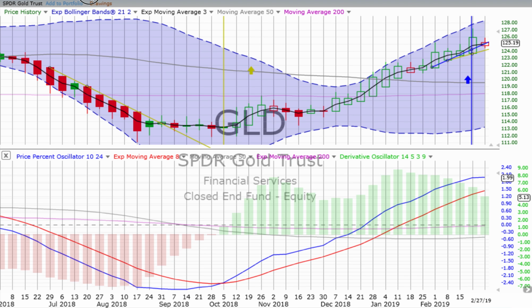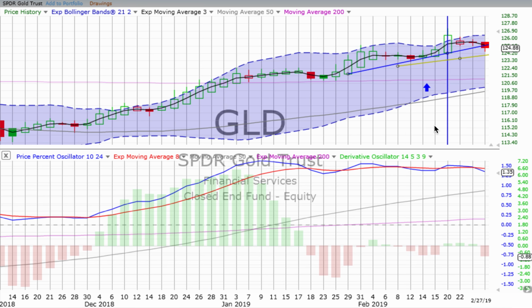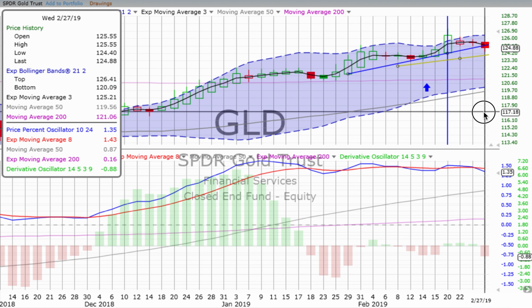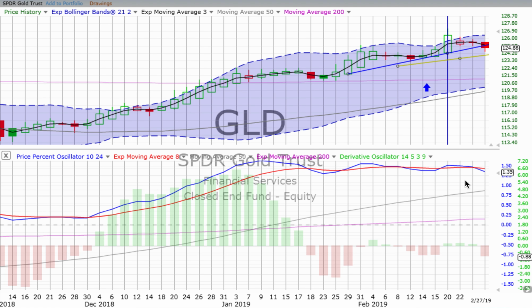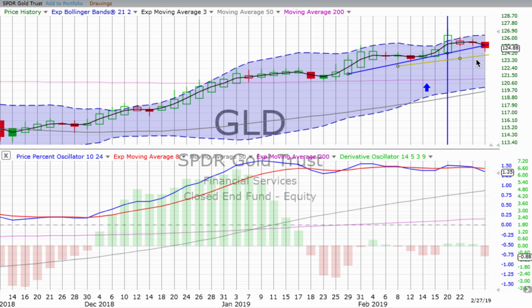And as we go from the weekly to the 2-day, you can see that we've had a weakening over the last, that would be 5 days. The first day of this latest 2-day candle, we've got to have this confirmed before we're going to draw it down. Looks like it's going to go that way in the end of the market on Thursday. We'll see just what happens, but